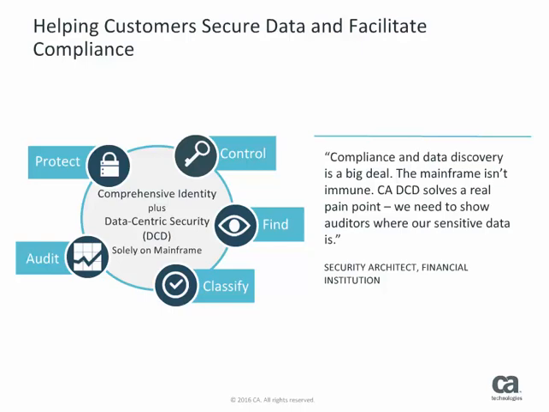We have a complete portfolio that ties access control and compliance reporting to data. After we find and classify the data, we can show who has access to that data or resource using CA Mainframe Security Suite for Top Secret or CA ACF2. Manage and clean up entitlements and privileges over time using CA Auditor or CA Cleanup. Show a play-by-play history of who, what, when, why mainframe data and applications were touched using CA Compliance Manager. No other security vendor brings the breadth of capability and performs all security solely on the mainframe.